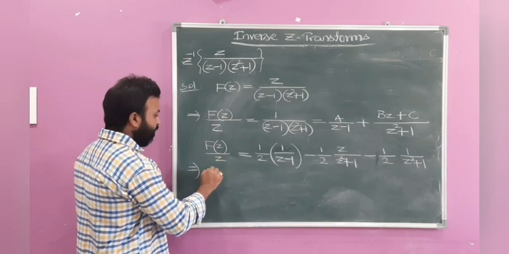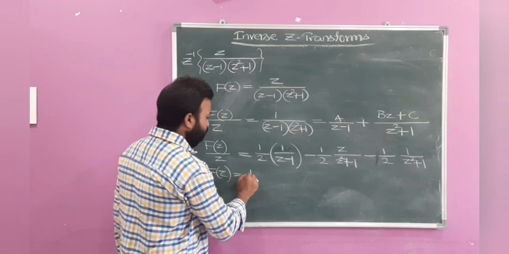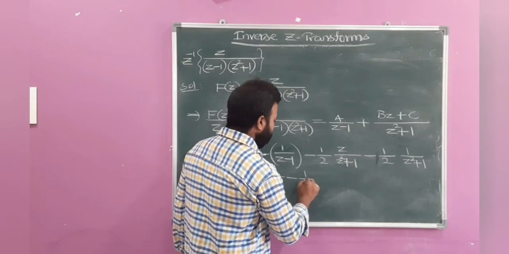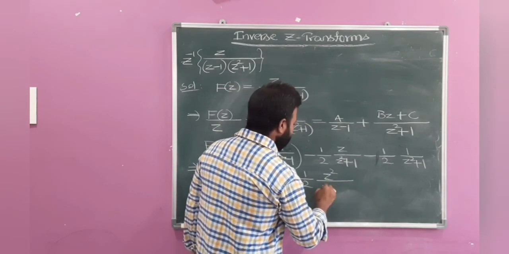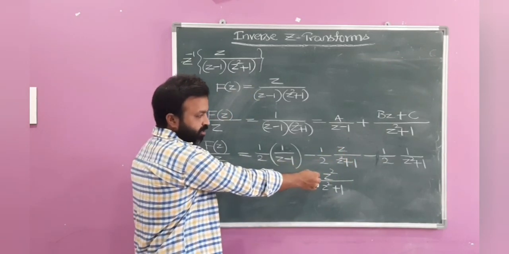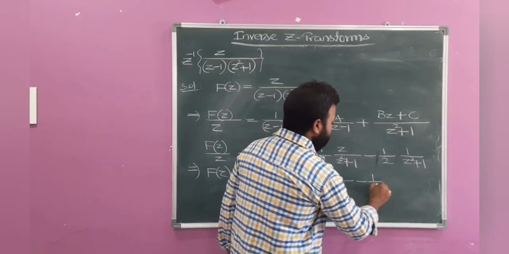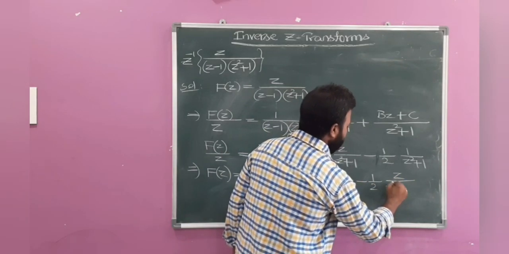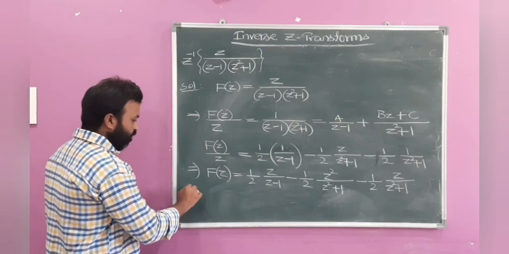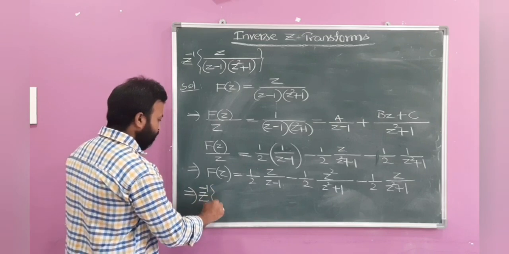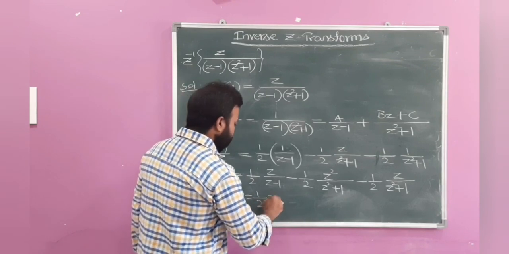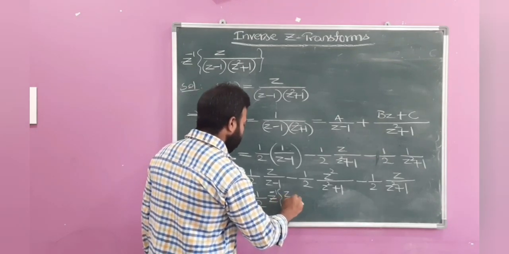Now by cross multiplying with this z, so we have 1 by 2 into z by z minus 1 minus 1 by 2 into z square by z square plus 1. So already we have z here, and by cross multiplying we will get z square term here, minus 1 by 2 into the last term z by z square plus 1. Now by applying the inverse transformation on both sides, so we get Z inverse of f of z as 1 by 2 into Z inverse of z by z minus 1